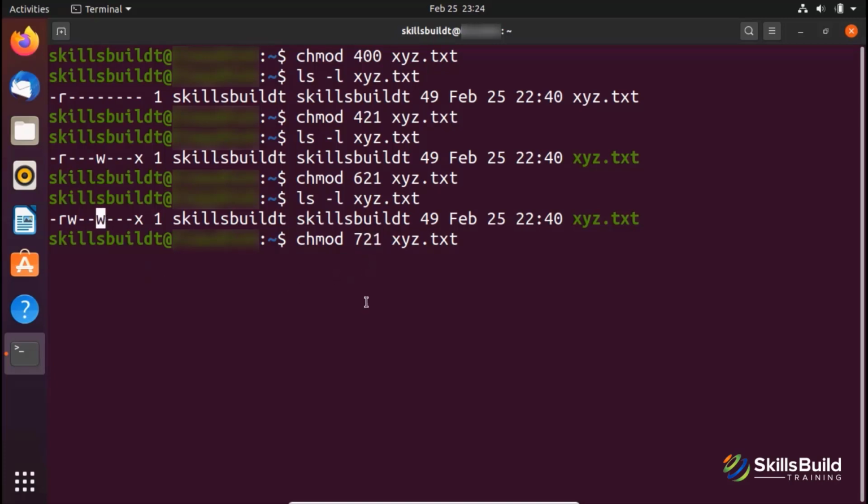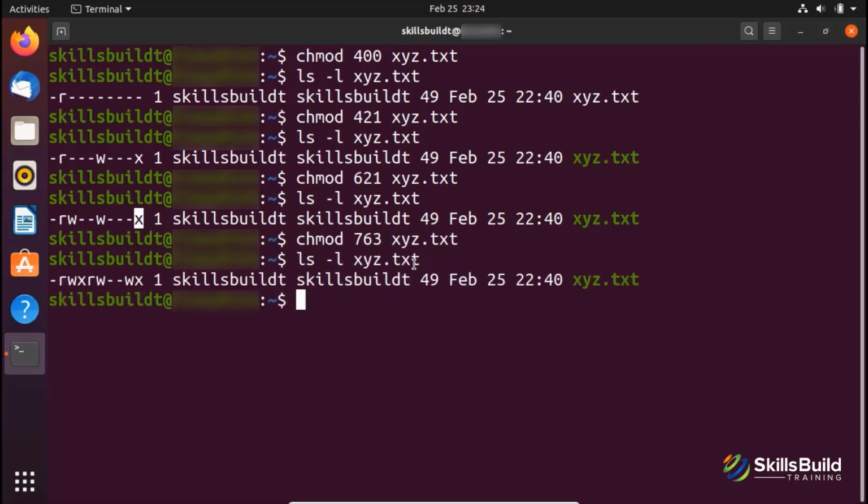So for that I would write here 6, and let's say that for the others I want to give executable and write permissions. So for that I would write here 1 plus 2, which means 3, right? So instead of 1 I would write here 3, and now if I hit enter, if I long list here